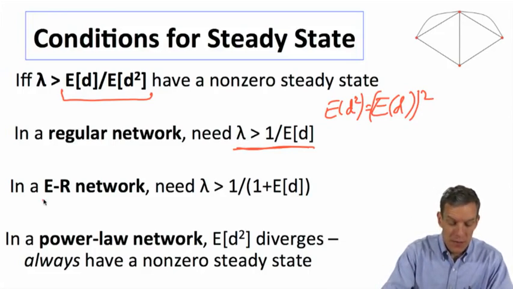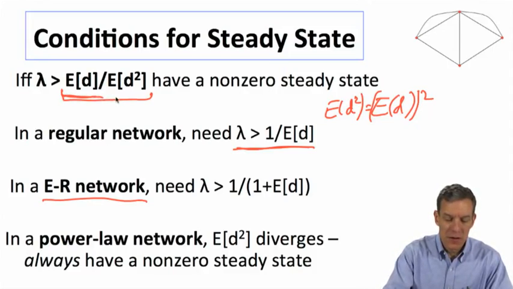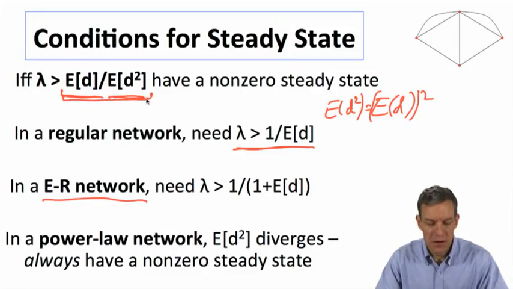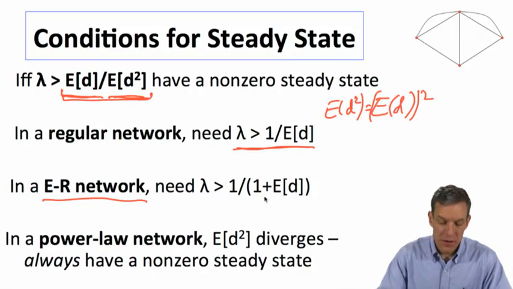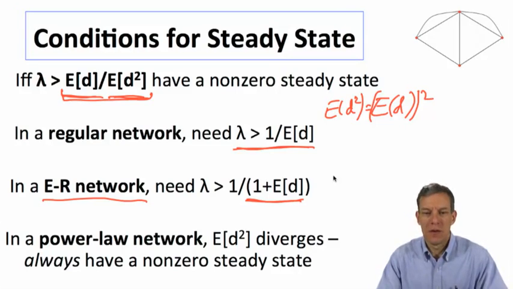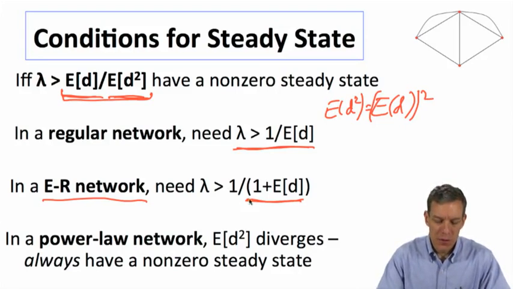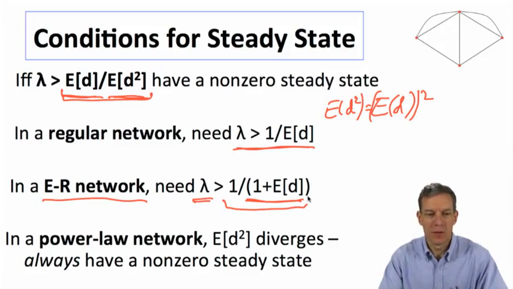For an Erdős-Rényi random network, if you work through what E of D and E of D squared are for a Poisson random network, then you end up with a situation where E of D squared is just equal to E of D times 1 plus E of D. So in that model, then we end up with, in this case, lambda greater than 1 over 1 plus the expected degree. If you work in a power law network,